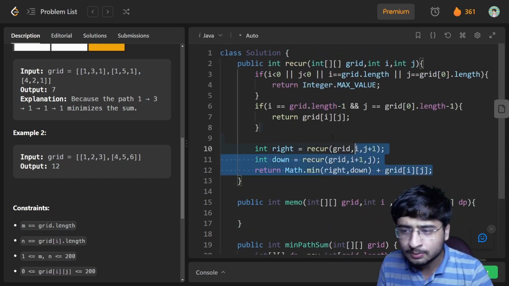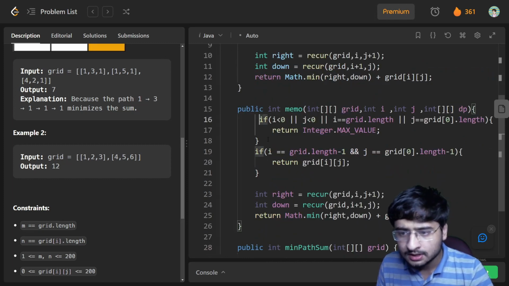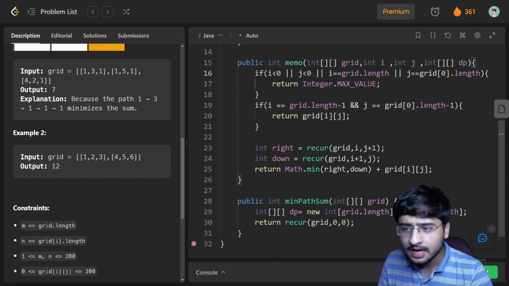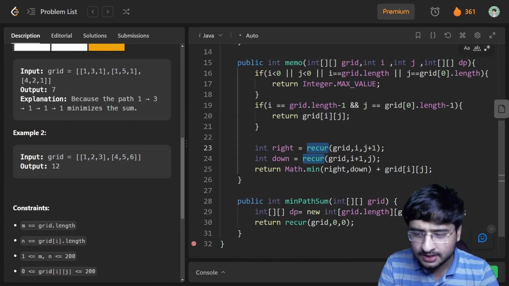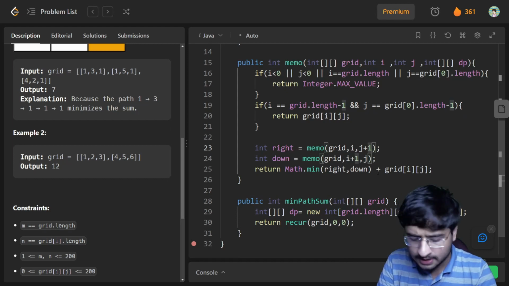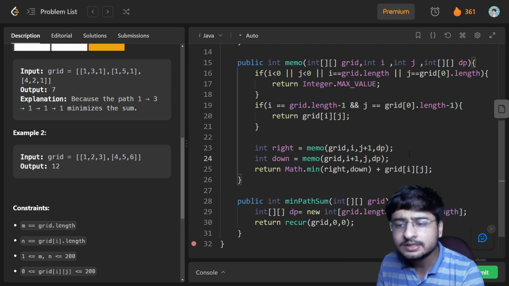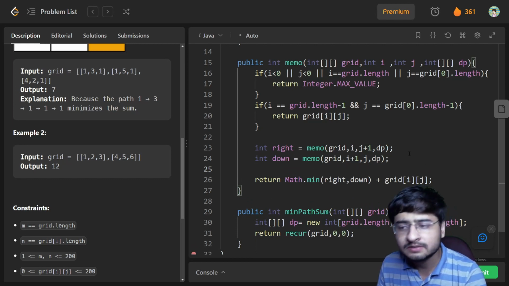Now to write the memoization code, I'll simply copy paste the recursion code. This is the trick I told you all, right? I'll simply copy paste the recursion code, and wherever I'm calling the recursion function, I'll name it as memo. This is the function name, and also I'll add the DP array in the recursion calls itself. Now, the only thing which is remaining right now,